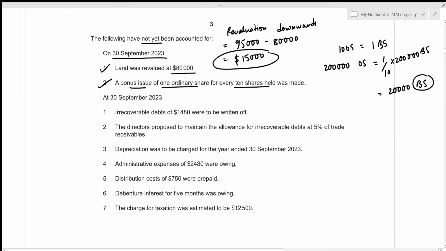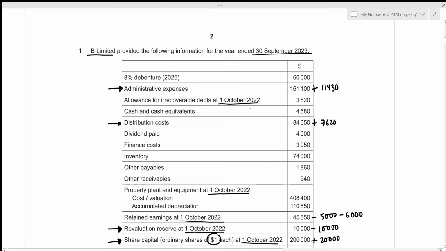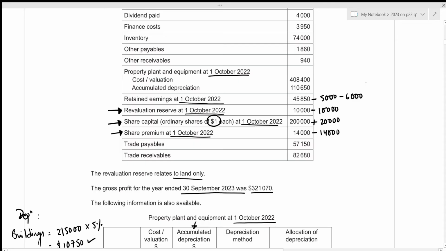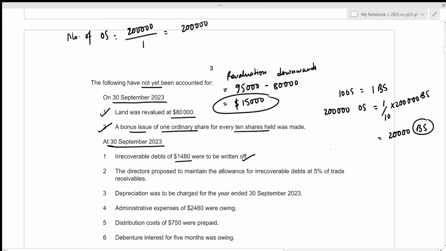Okay. Then at 30 September 2023, this is our closing date, irrecoverable debts of 1,480 were to be written off. So irrecoverable debts should be shown as part of our overhead. So we need to include this within our administrative expenses. That will be 1,480. And remember that irrecoverable debts should also be subtracted from our trade receivables while showing its value within the